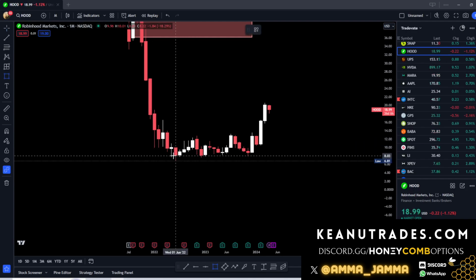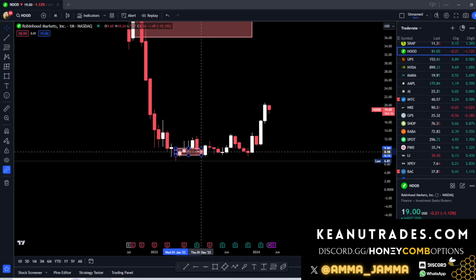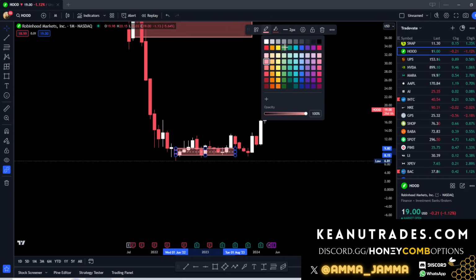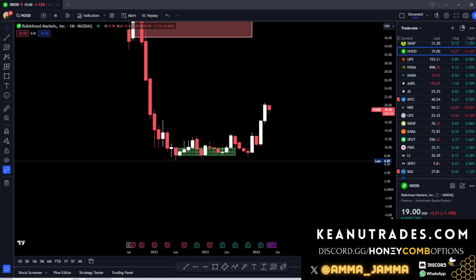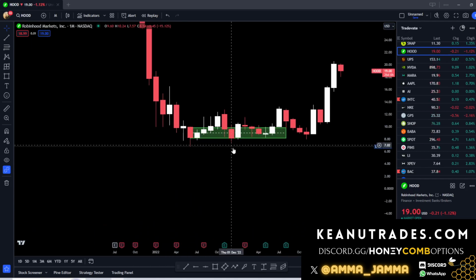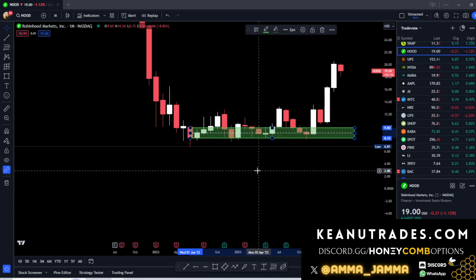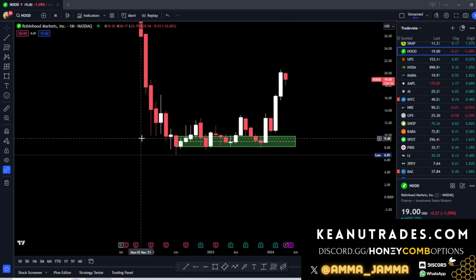All right. As we can see, this candle, we're not using wicks, just body. Here to here is a bullish order block. Okay. Let's turn it green. That's a bullish order block. And that is still active because we never had a candle close below it. Body of a candle close below it. So technically this order block is still active. All right. However,